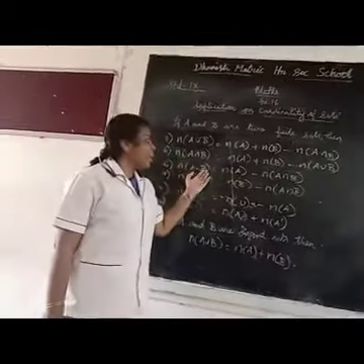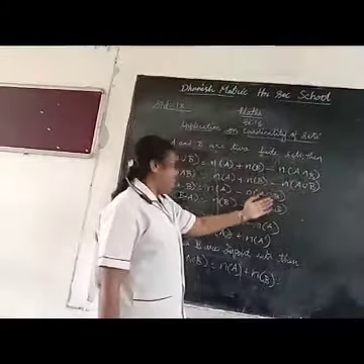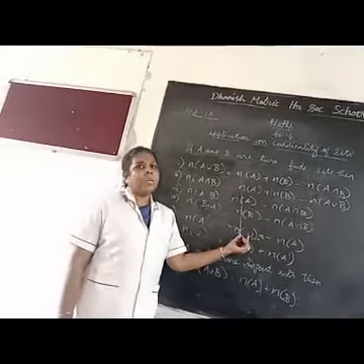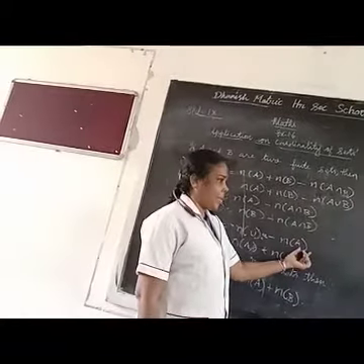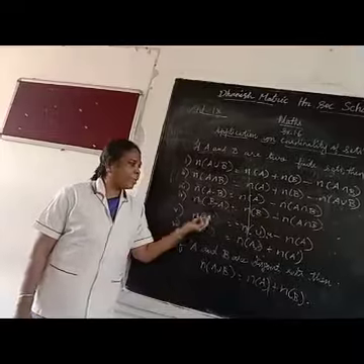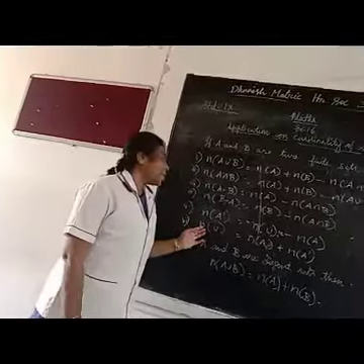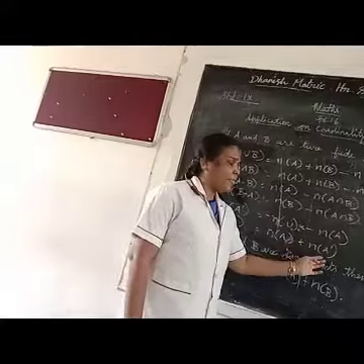Then n of A minus B is n of A minus n of A intersection B. Suppose your question is n of B minus A, then it is n of B minus n of A intersection B. Next, n of complement of A. You know complement means you have to use the universal set. Therefore, n of complement of A is n of U minus n of A. Suppose n of complement of B comes, it means n of U minus n of B. Next one is n of U is equal to n of A plus n of complement of A.